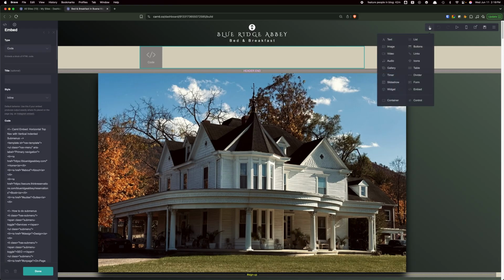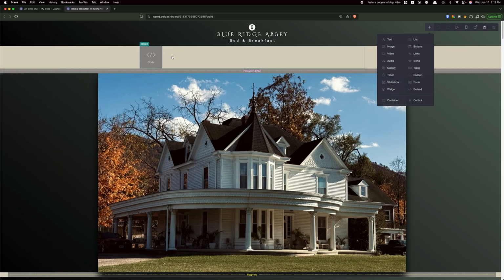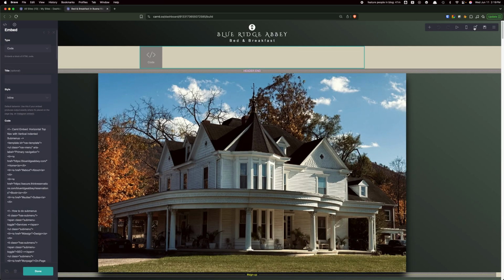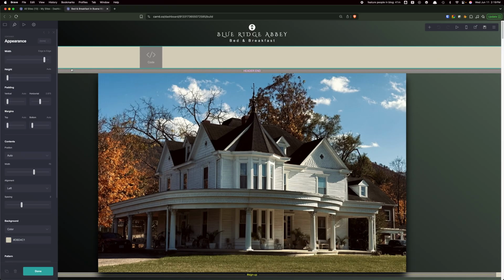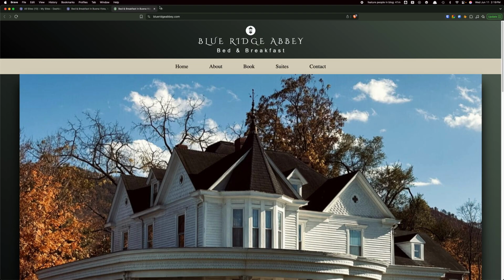Wherever you want your nav menu to go, you'll click embed, and then I'll paste some code that you can just copy and paste in. What this code will do, right now it just shows up as the embed. You want to make sure that on the container it's left aligned right here so that your menu shows up on the left side. And I'll go ahead and demo that. So if I open this in the live view,